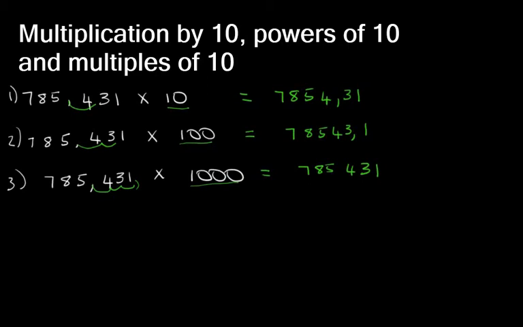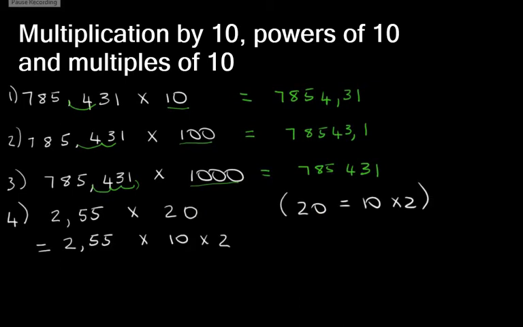Let's have a look. Let's look at 2,55 times 20. I think you would agree with me that 20 is the same thing as 10 times 2. So it's okay for us to split this up and say 2,55 times 10 and then multiply by 2. And that will give us